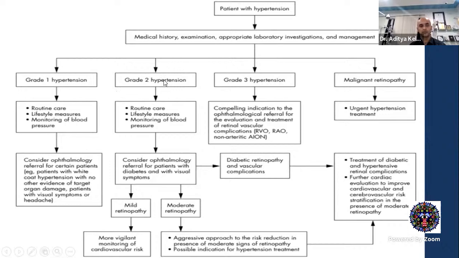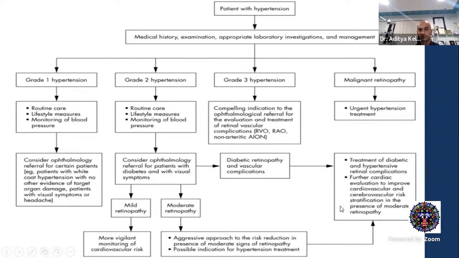Grade 2 hypertension, again, to remind you, is a blood pressure less than 140 by 90, but more than 130 by 80. So this is grade 2 hypertension. Again, the patient has to do lifestyle management. Consider ophthalmic referral if the patient has mild or moderate retinopathy. Then again, more vigilant cardiovascular risk assessment. And if the patient has moderate retinopathy, which means the patient has cotton wool spots or superficial hemorrhages, then he needs to undergo aggressive risk reduction, and also a possible indication for starting the antihypertensive treatment, obviously, which would be in the